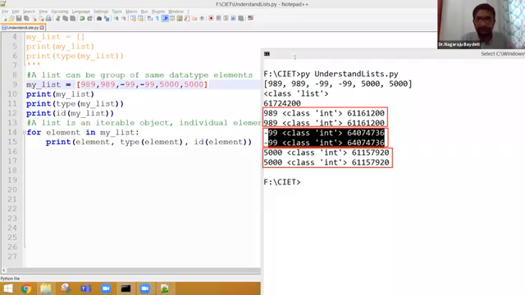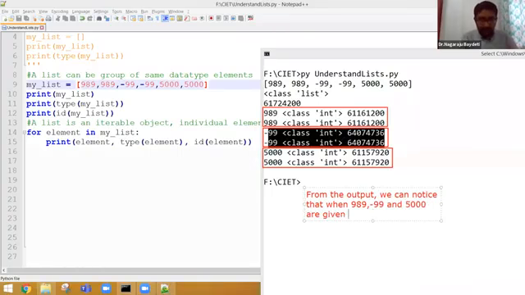Now, from the output, we can notice that when 989, minus 99 and 5000 are given twice, the locations are being shared.